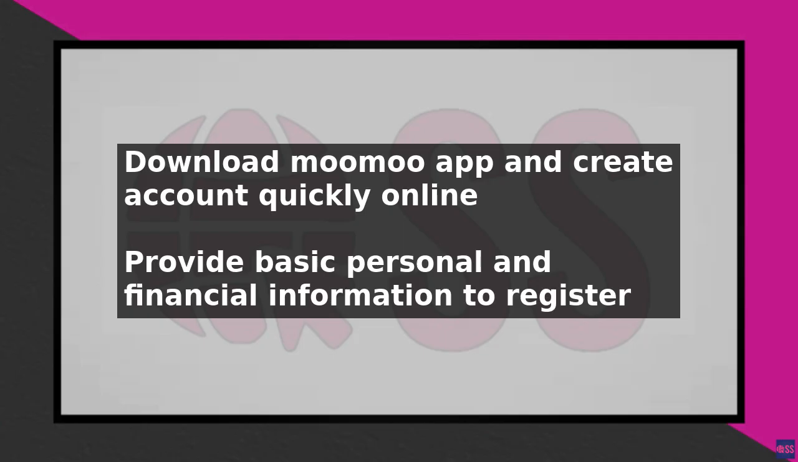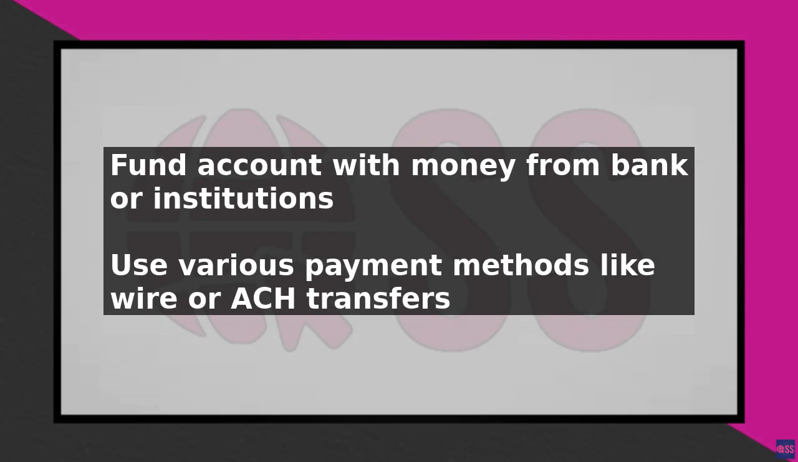Once your account is set up, you will need to fund it with money to start investing. You can do this by transferring funds from your bank account or other financial institutions. It is essential to note that Moomoo offers various payment methods, including wire transfers, ACH transfers, and other online payment options. After funding your account, you can start exploring the various investment products offered by Moomoo, including stocks, options, ETFs,